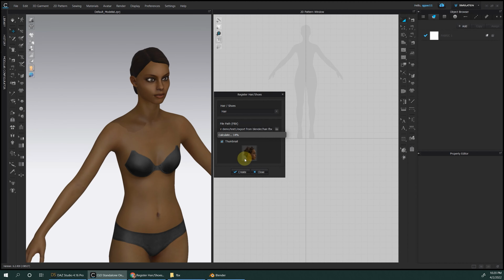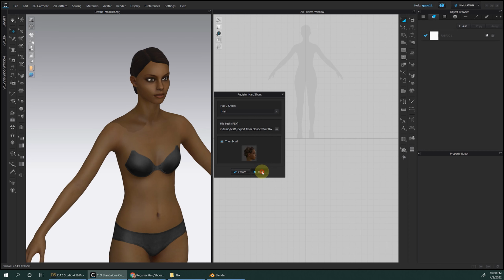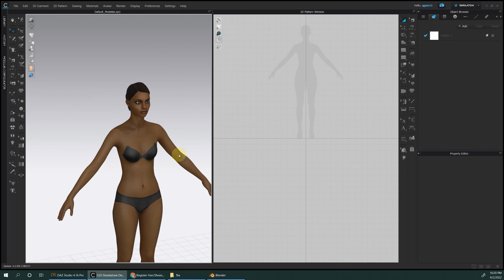It will take about a minute to calculate. If your hair is really complicated, it will take longer, but normally it's really fast. And then it shows successful.